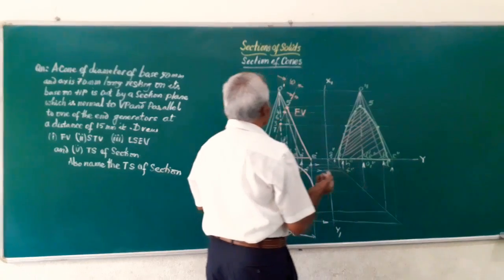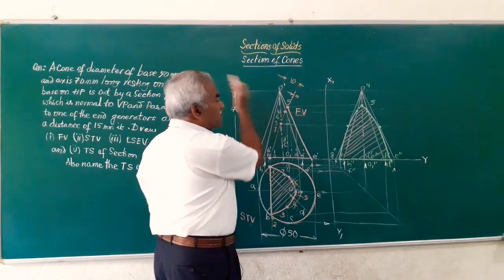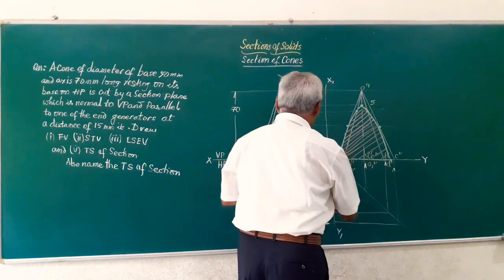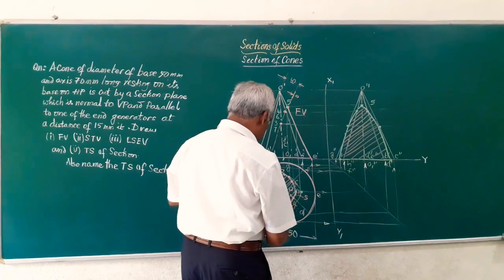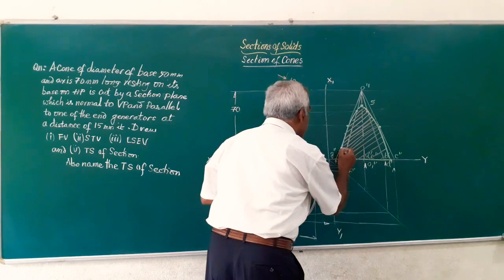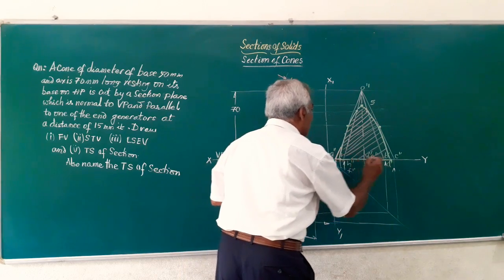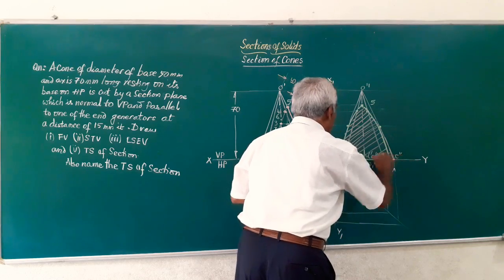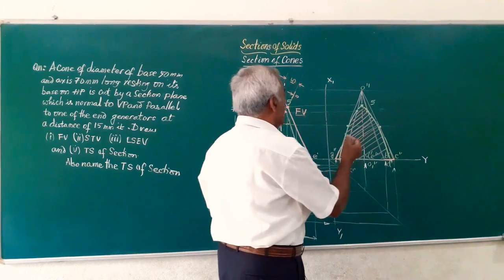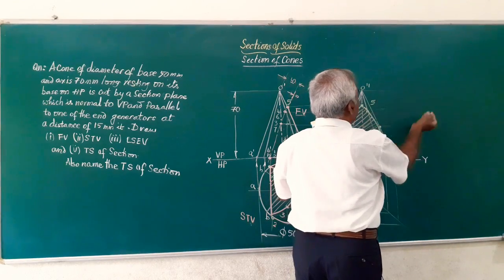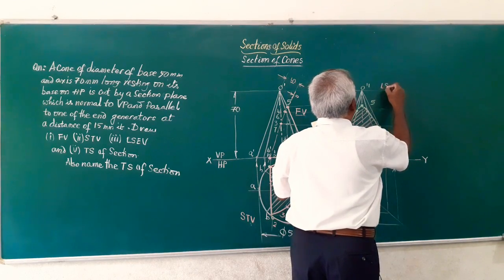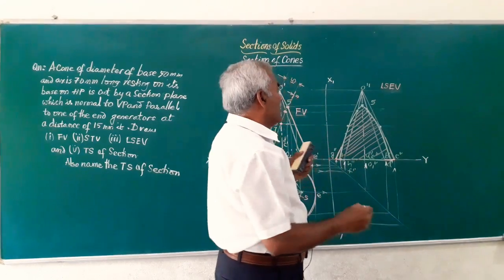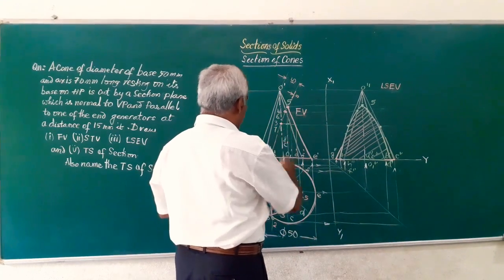Friends, if you just observe this figure, this portion is totally removed and this portion you don't see, whereas the bottom portion is available here, G and C. So this is going to be dark and this portion is also going to be dark here. So friends, the view you get here on the right profile plane is the left sectional end view or left sectional side view, and the figure you got is the front view here.